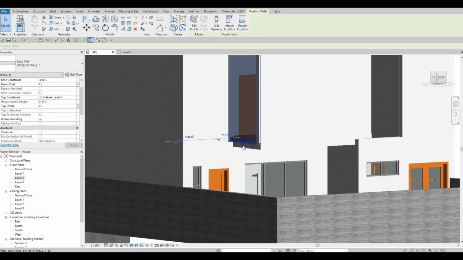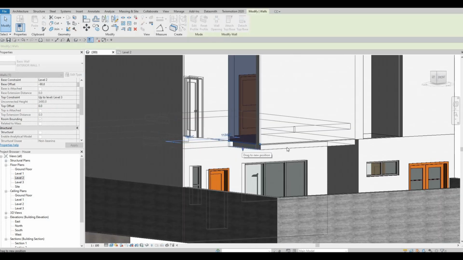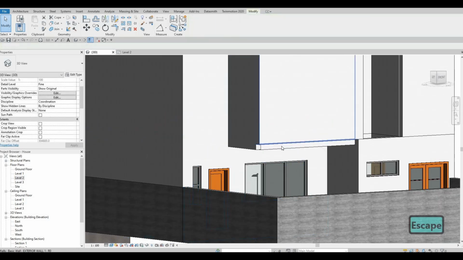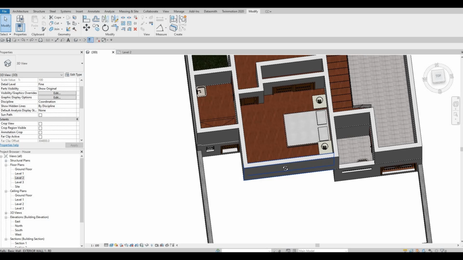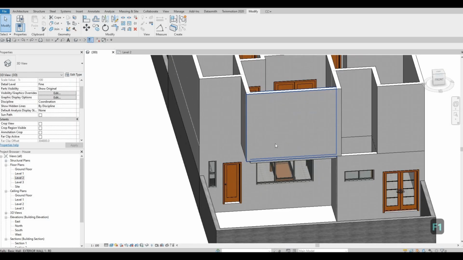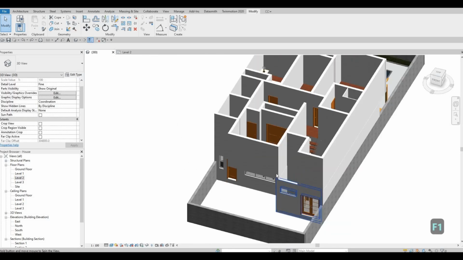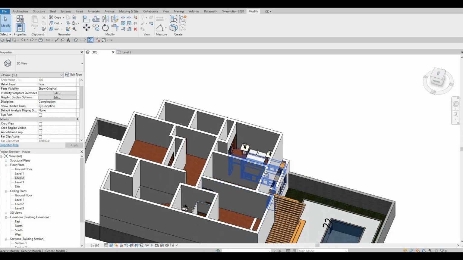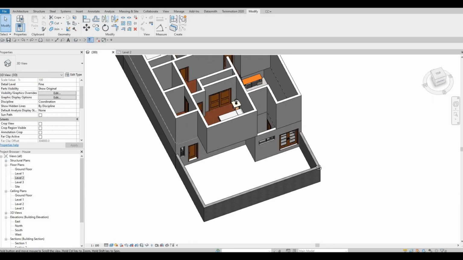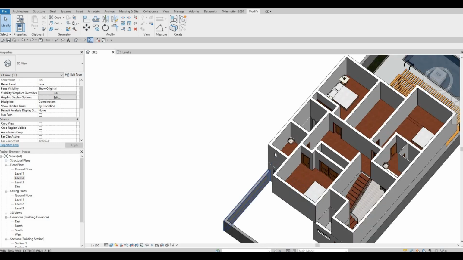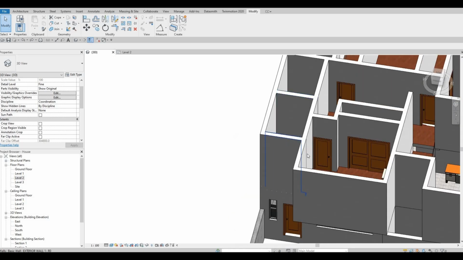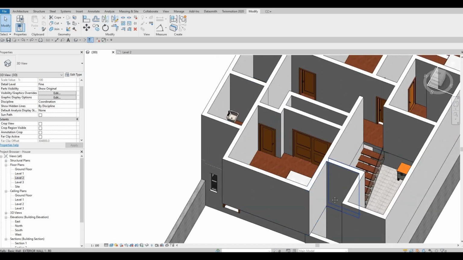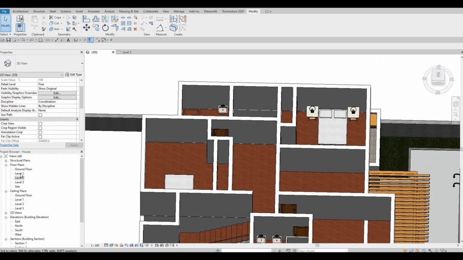And then here, what we need to do is we need to push it down, and actually we will add a window here. So we're gonna add a window here and window on all of this, and then probably another window on this side but going on this way, and I want a window right here. Also,